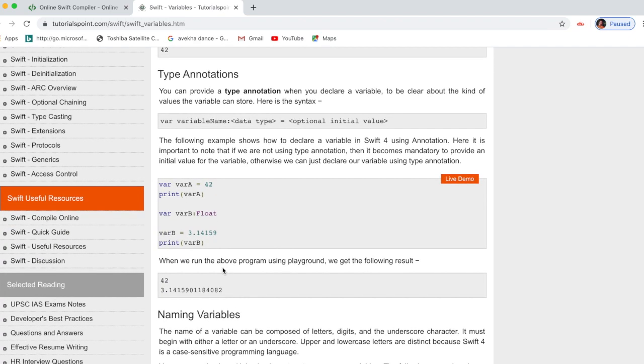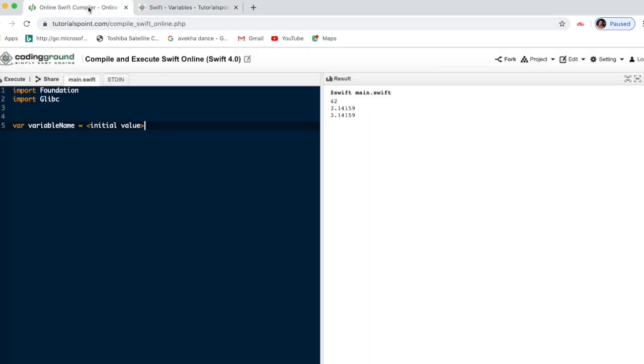Next is about type annotations. Actually this is the way how to do it. This I have already explained just before. So var, space, give the variable name, colon. Here we need to give the type which we need, equal to that. See, I have already explained, like var count. I give a variable name count, then colon. Okay, it is an integer.